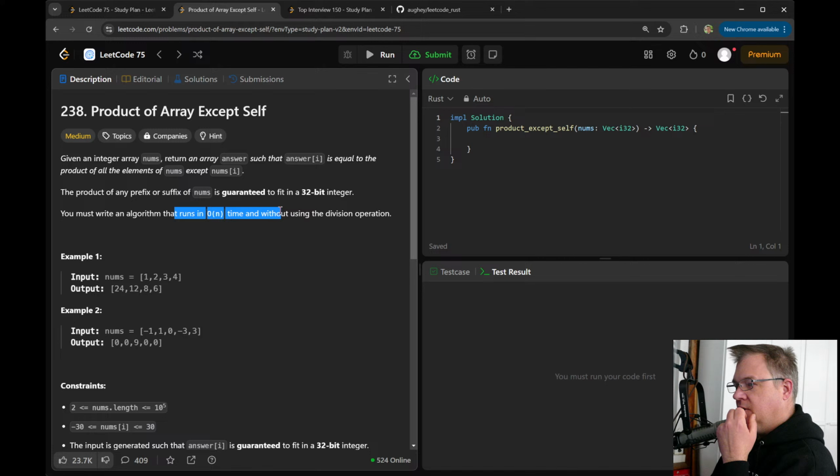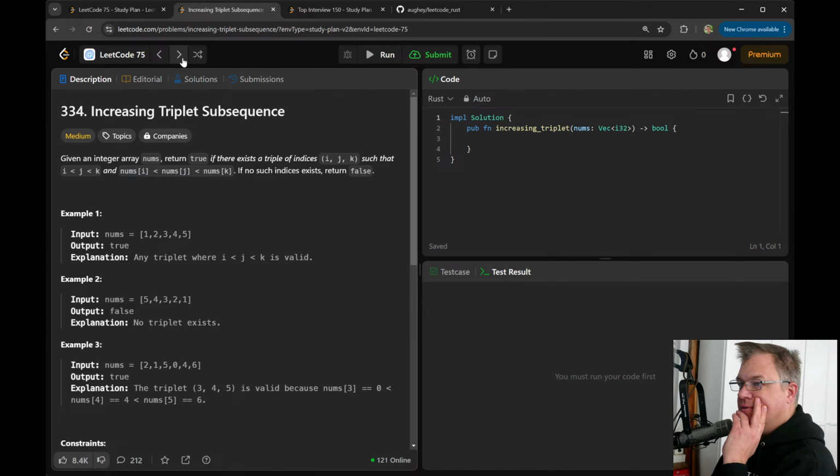They want you to run it in order n time. So you're going to find the product of all of that, and you're going to divide out your number. Yeah.